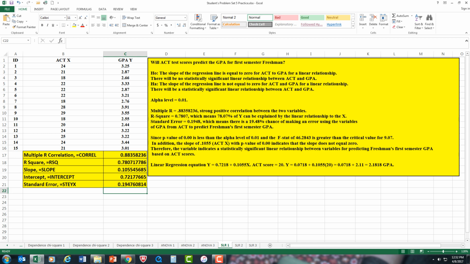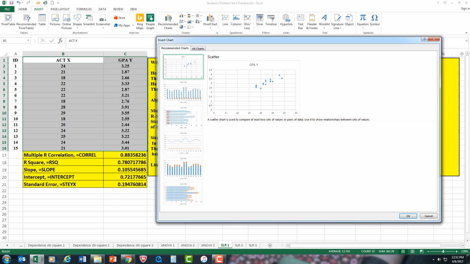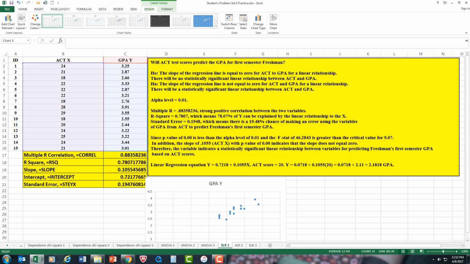Another way is to do a scatter plot. I always like to have a visual representation. So in this case, I'm going to go to Recommended Charts. There's your scatter plot right there. I'm going to say OK, and here it is. So let's bring it down here,